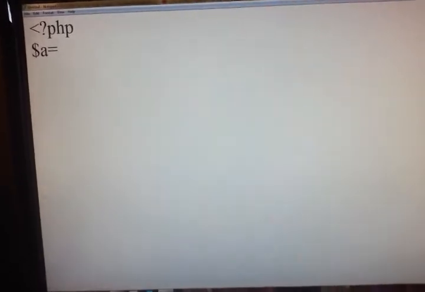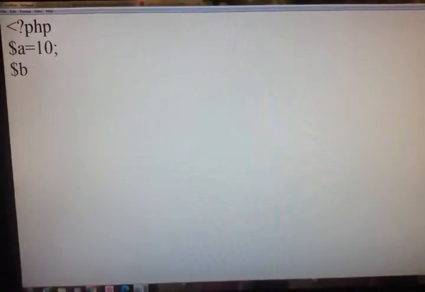So we open PHP. $A is equal to 10. $B is equal to 20.